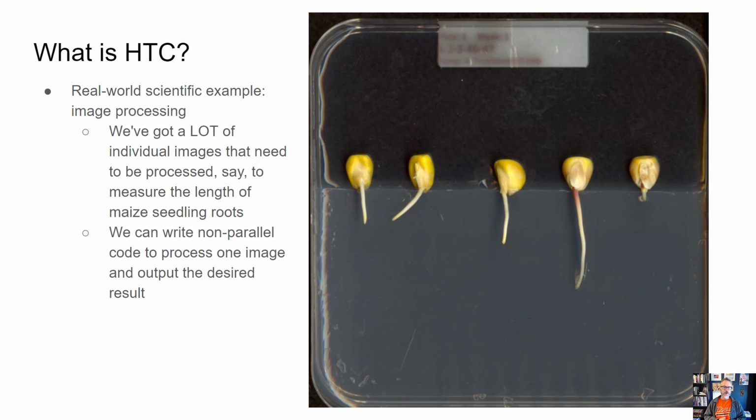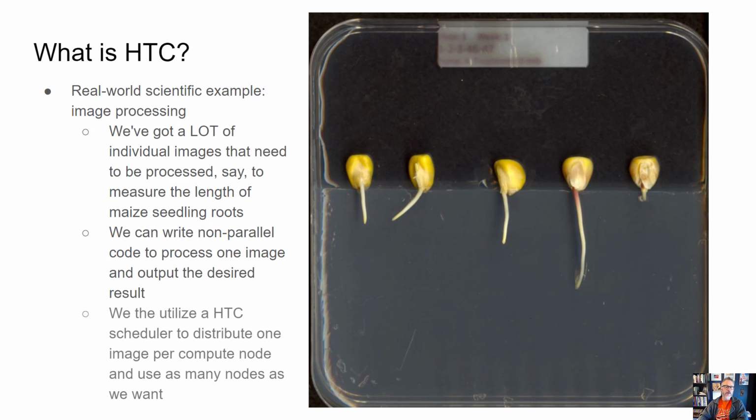So we could write non-parallel code to process one image and output the desired result. So the idea is that this program would take one picture, do the processing, output the result. And then we would utilize an HTC scheduler to distribute that all over the place, one image, the program, per compute node, and then maybe just scatter that all over,